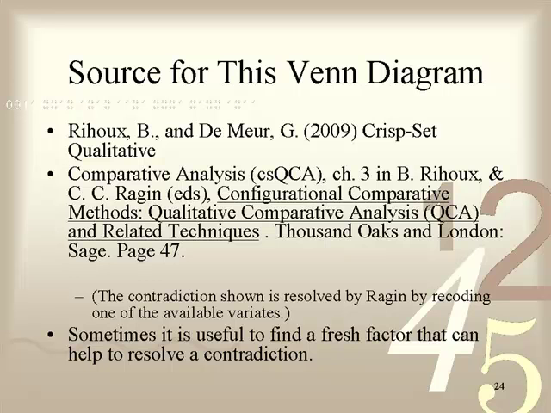And they say, and I think we all agree, that sometimes it's useful if you have a contradictory configuration to go back and try and find a fresh factor that can resolve that contradiction. In other words, looking for an explanation to why one group is different from another group. So why did Germany have that breakdown when the UK didn't? Or looking at Belgium and the Netherlands and the differences in their experience. So these are strengths of the